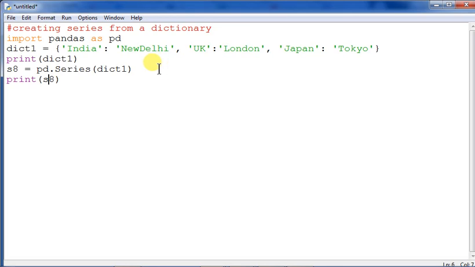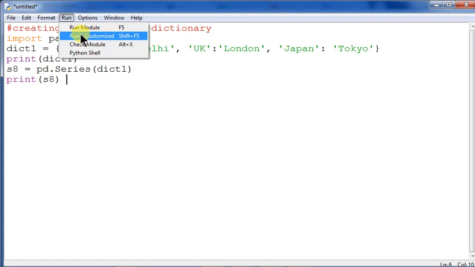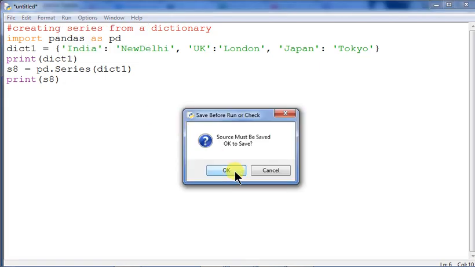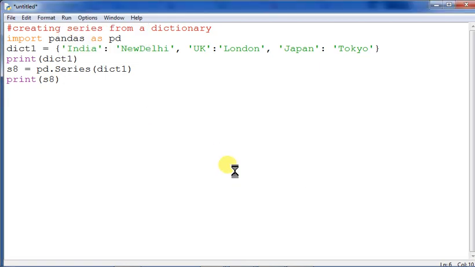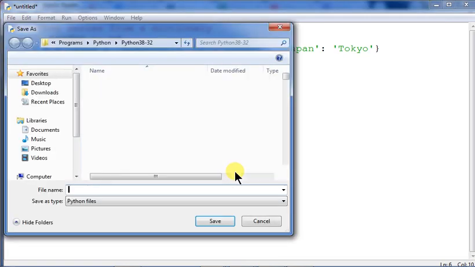Okay, clear? So then it will be printed. The keys will go in the index and the values will go in the value part. Okay, that is the thing. So now let us execute, as we do usually after having a code or the explanation, in order to verify, nothing else.